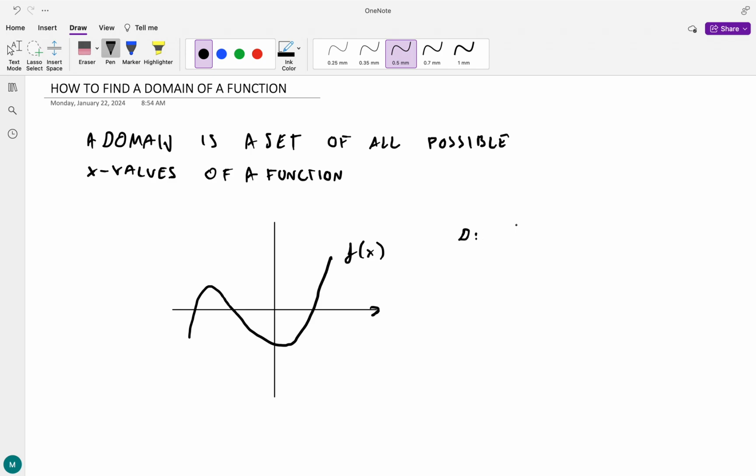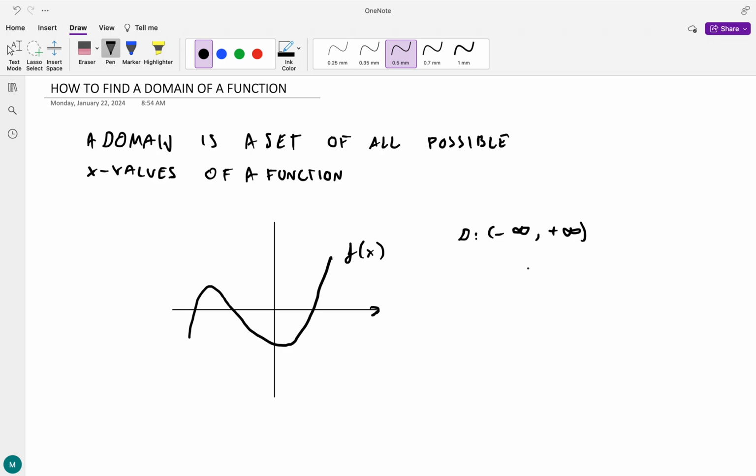So the majority of the time, the domain of a function is going to be from negative infinity to positive infinity. And using parentheses, infinities, positive, negative, and numbers is called interval notation. And in this video, we're going to use it a lot to describe the domain of a function